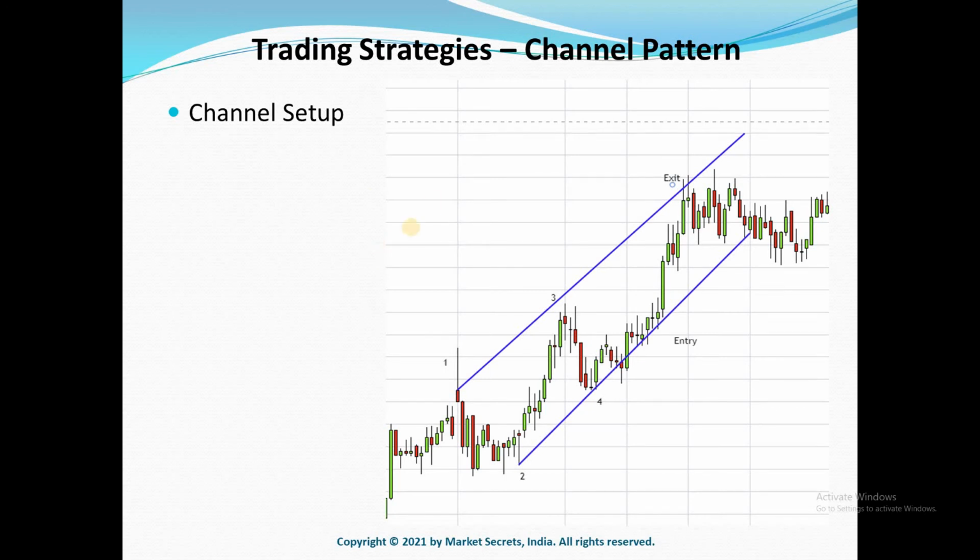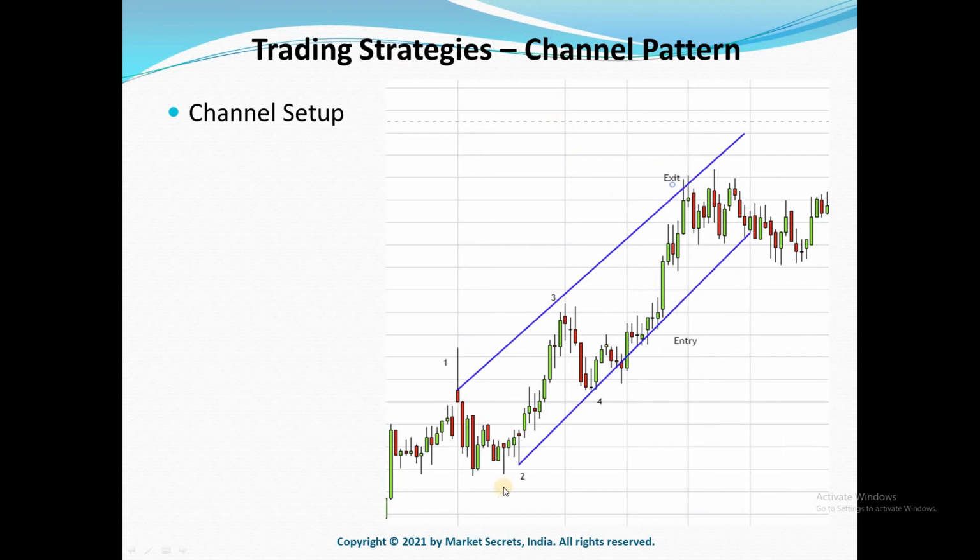Here is an example of a channel setup. It has an upper trend line and it has a lower trend line. The upper trend line connects the swing highs in the price. If price breaks out of a trading channel to the upside, the move could indicate that the price will rally further. And when it comes to lower trend line, the lower trend line connects swing lows in the price. If the price breaks below the bottom of the channel, the dip indicates that more selling could be on the way. The channels can slant upward or downward or sideways on the chart.